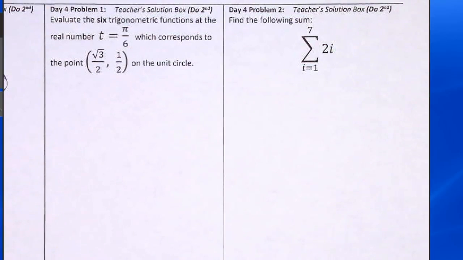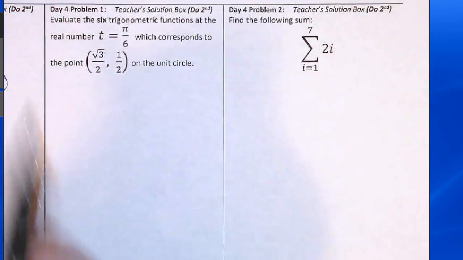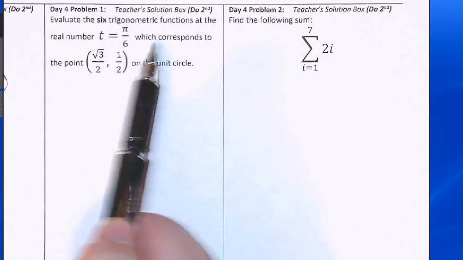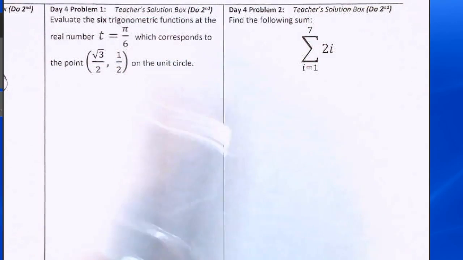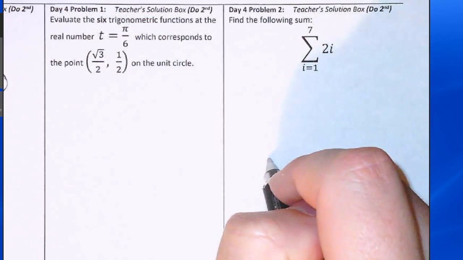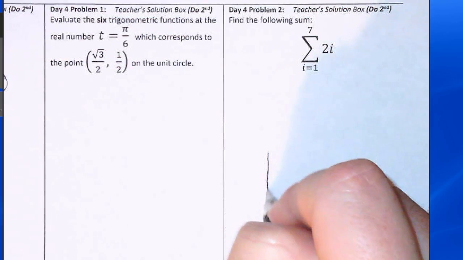Here's a solution for day 4, problem 1. Evaluate the 6 trigonometric functions at the real number t equals pi over 6, which corresponds to this ordered pair on a unit circle. First of all, a unit circle is a circle that has a radius of 1